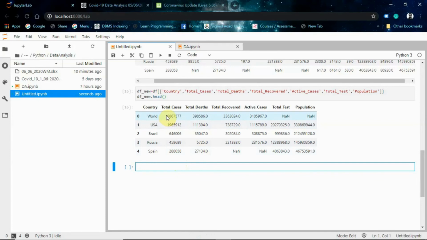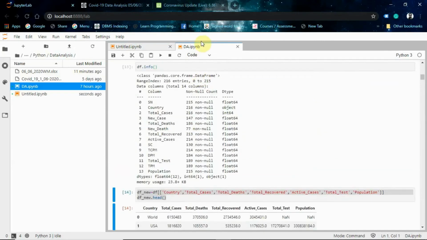It will have all the previous values, and additionally the percentage of a country's total population affected by the virus. There are more findings too: the percentage of active cases, the percentage of recovered cases, and the death percentage. To accumulate this, we're going to create a new data frame. So just see how to do that.